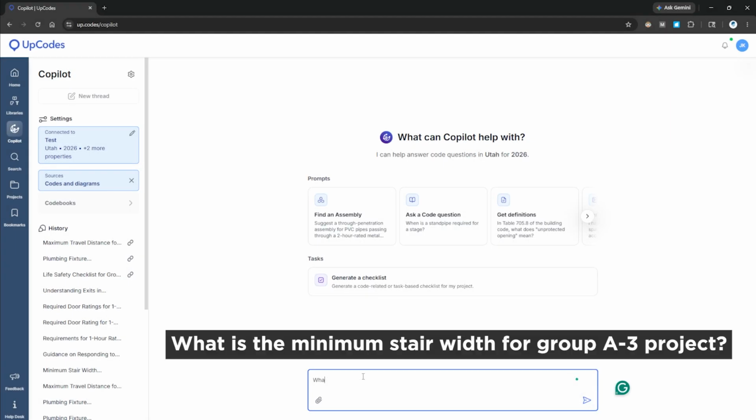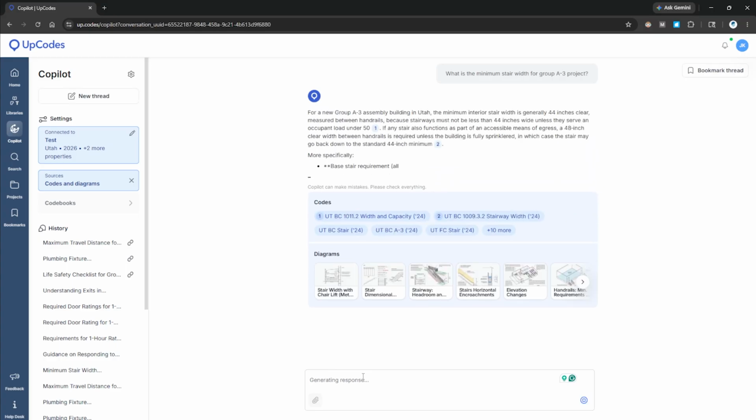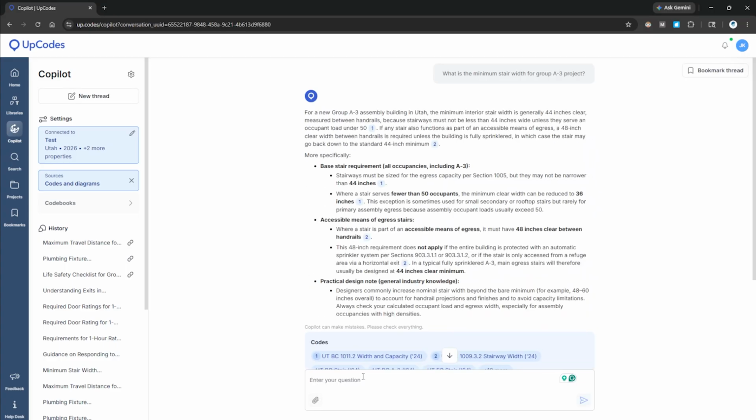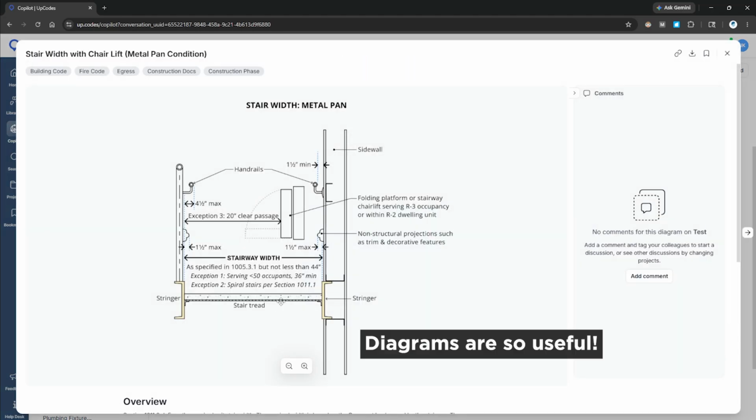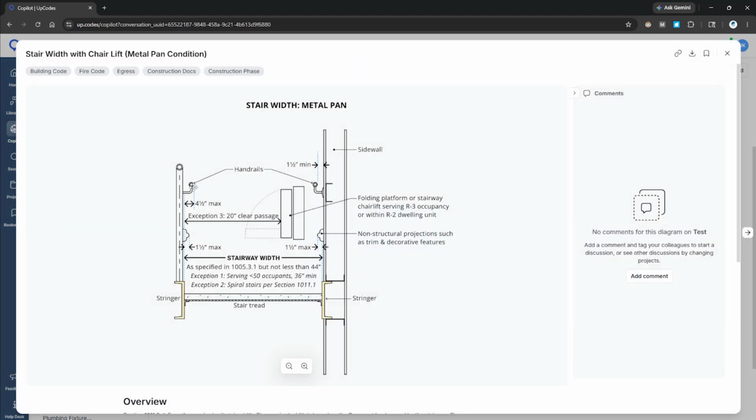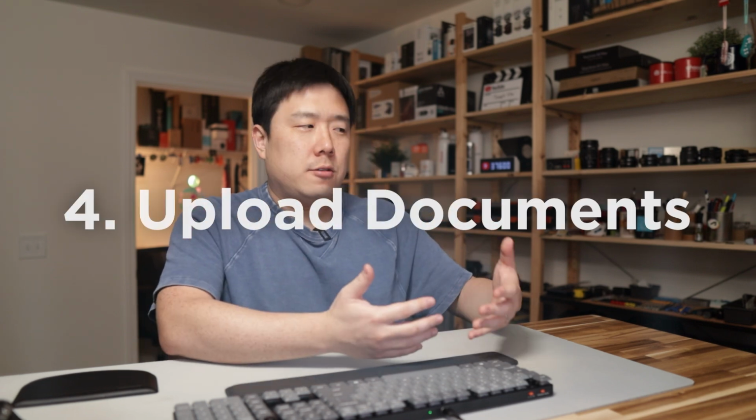Again, another one. What is the minimum stair width for a group A3 project? In addition to all the text and all the references that Copilot gives you, I also check the diagrams as they are much easier to understand. Yep, so this confirms that the width required is not between the handrails, rather it is between the stairway or the stringer. And as a last workflow that I want to share is using Copilot for responding to city comments